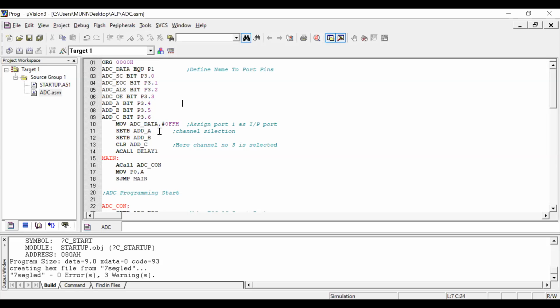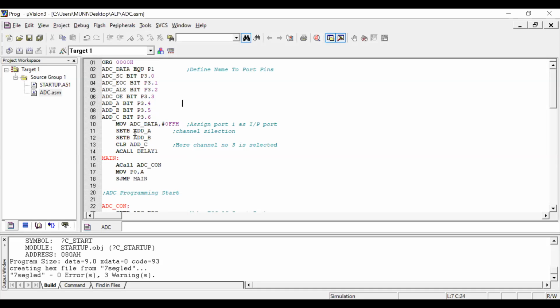First, ADC underscore data is initialized with FFH. That indicates that port 1 acts as the input port, because we read digital data with the help of this port. We know that the status of all ones is called the input port and the status of 0 is called the output port.